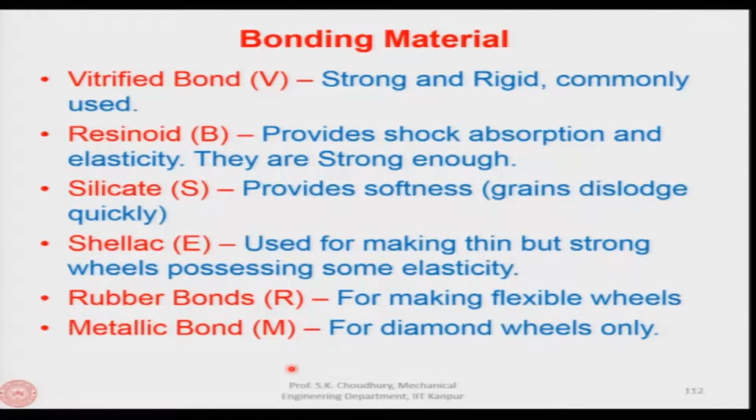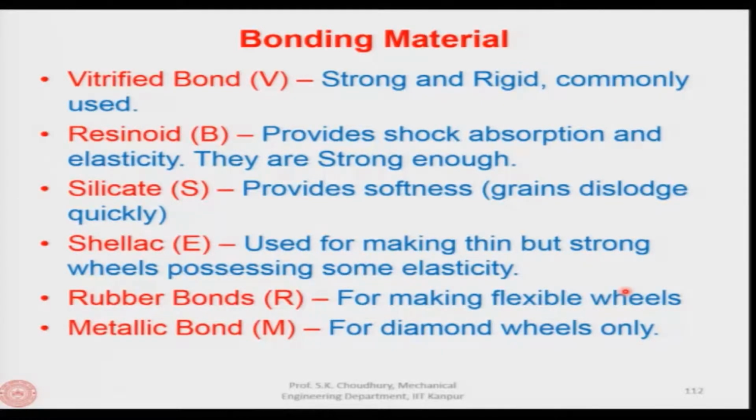Bonding materials, as I explained to you, are vitrified bond, resinoid, silicate, shellac, rubber bonds, metallic bonds, okay. And each of them is indicated by an alphabet. Vitrified bond is V, which is strong, rigid, and commonly used. Resinoid provides shock absorption and elasticity, they are strong. Silicate provides softness, grains dislodge quickly. Shellac is used for making thin but strong wheels possessing some elasticity, and the rubber bonds are for making